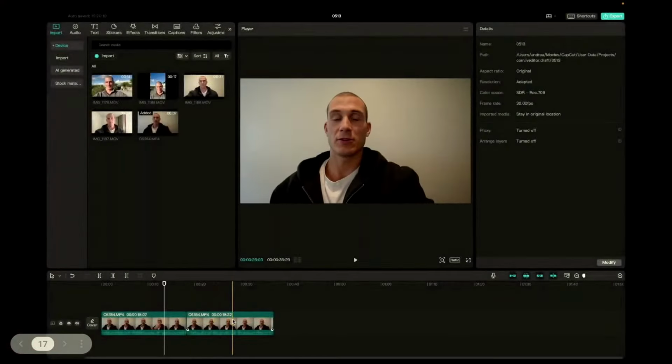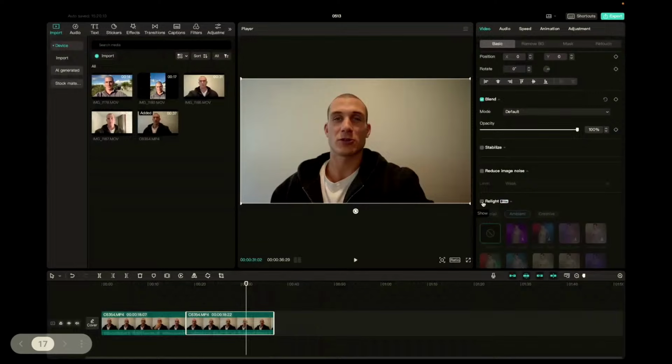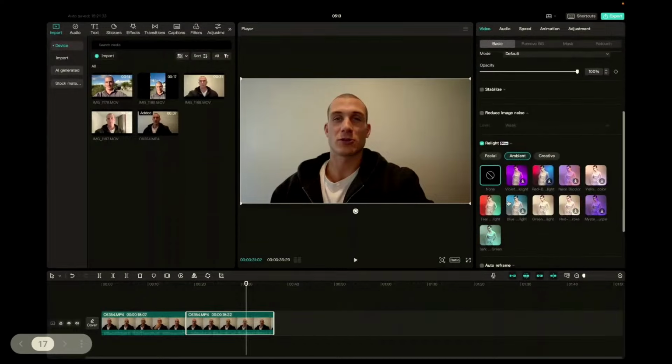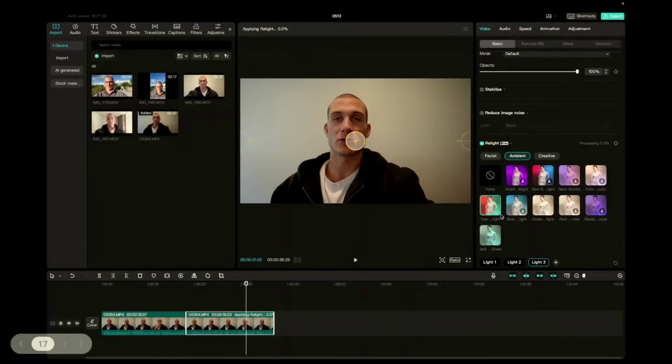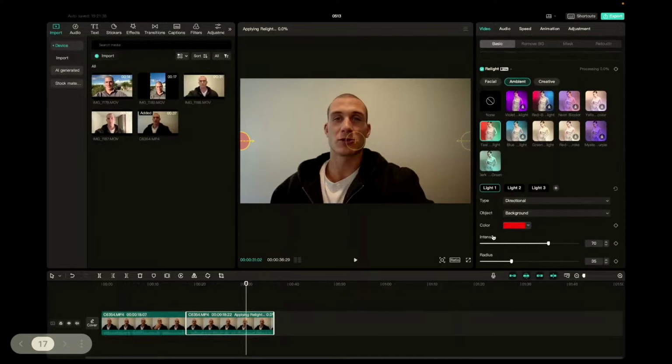So I'm going to apply a filter here, and it's called the Relight effect. Once we go under video here, we need to have the clip selected that we had, and then we go under Relight. It's a free version, as we can see, and I'm going to apply the orange and teal light. Now what's going to happen here, I have now added two different lights onto the scene. I've got a red light here that will appear in a second, as well as a green light that will appear here in a second, and also a third one that is going to be casted onto my face.